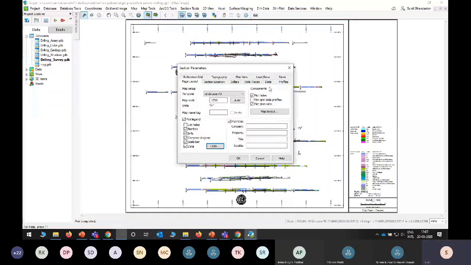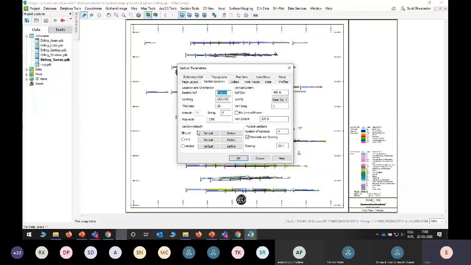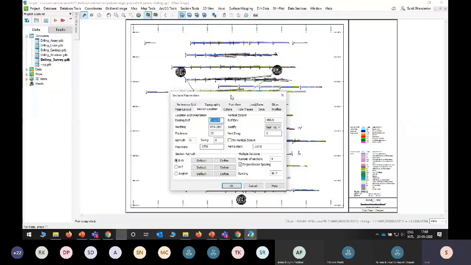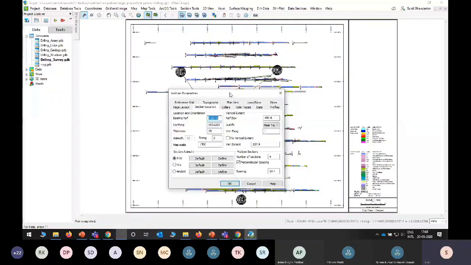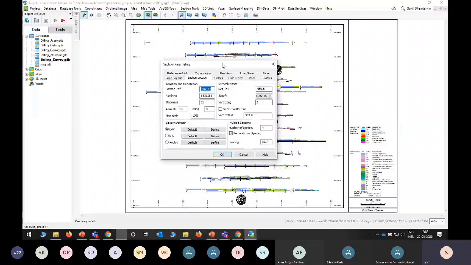Then go to section. You can create a section east-west, north-south, or angular direction. Here the borehole azimuth is in the east-west direction, so we will create a section along this. If your data is angular, you can create an angular section, or a north-south section accordingly.